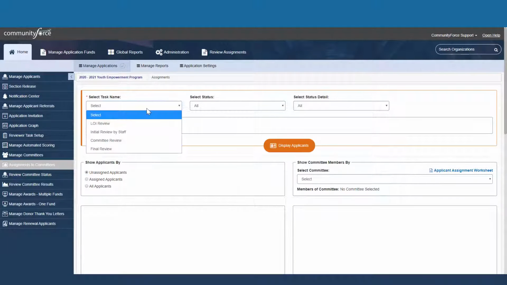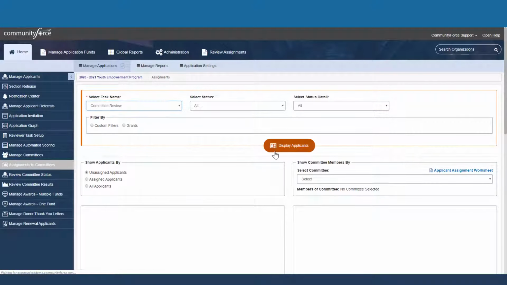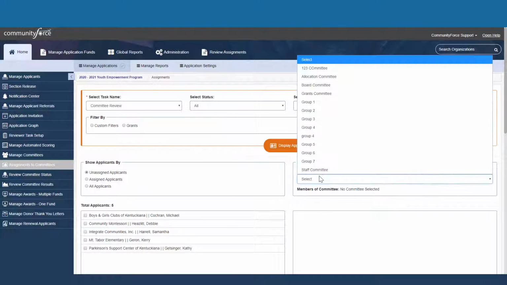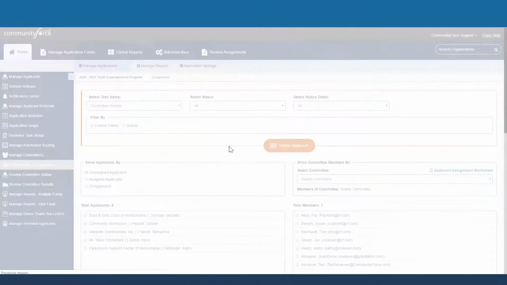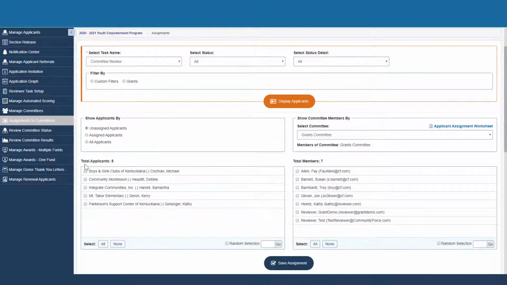You will select the rubric with the task card that they're going to be using. You're going to display those applicants, as well as select the committee group that you want to assign the applicants to. So right now I have 5 applicants that have been submitted and now are ready for evaluation. If all 5 applicants get reviewed 7 times by all reviewers, basically, the simple way is to select all,